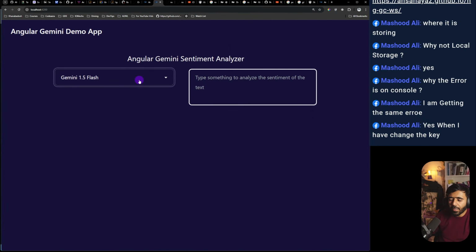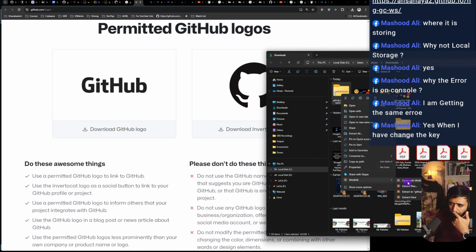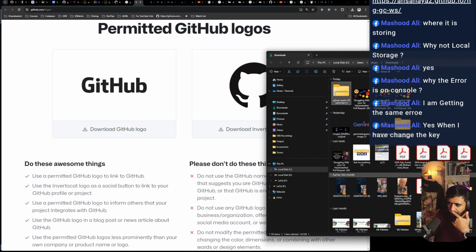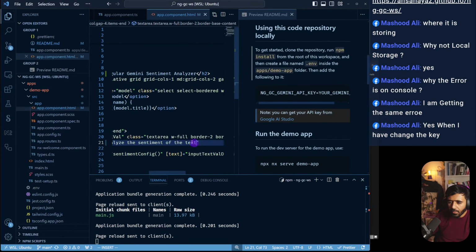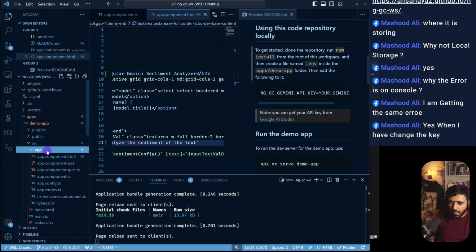Okay, I think one more thing that we can also do is just add the GitHub link as well. So here, if we wanted to have a GitHub SVG, is it an SVG? No. Is it more complicated than being an SVG? I hope not. So if I extract it to this, there we have it. GitHub mark, and we have PNG. We have GitHub mark. So let's, we may want to use white, I think, and then we can put this inside demo app source and